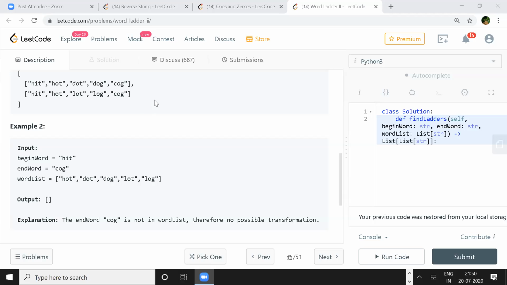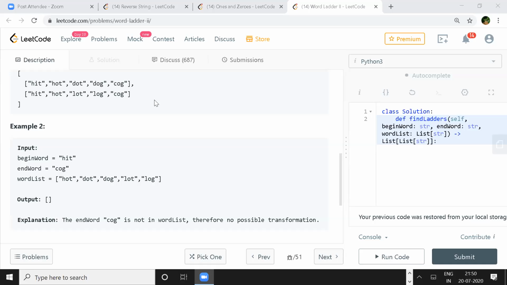Yeah, but we cannot always amend the word list, no? So if it's not in the word list, then obviously there's no path to it. So that is what the scope is for this example. That's correct. But that's a good point, Leon. It's good to keep in mind because at the last moment the interviewer might change the requirement and then we are stuck. Exactly.